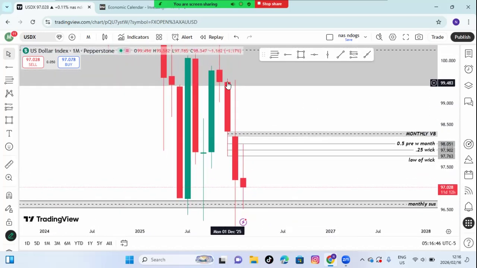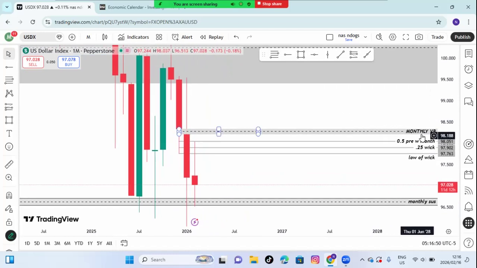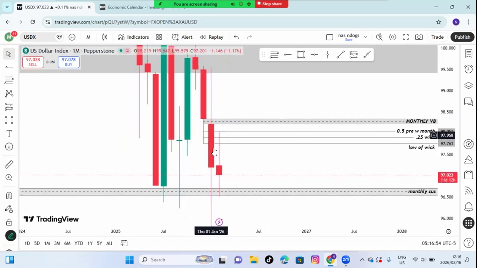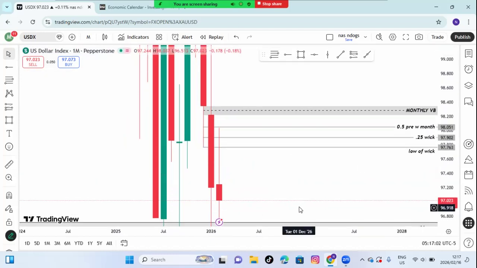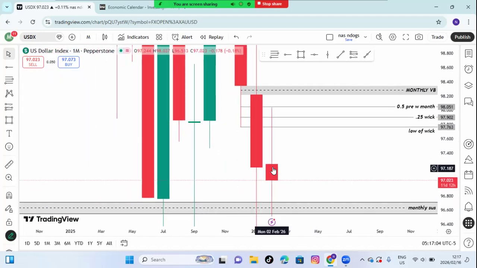So there's a monthly volume imbalance there. You see monthly VB here. That's monthly volume imbalance. So now we are here on this month. So we open here. Let's zoom in. We open here. We go up